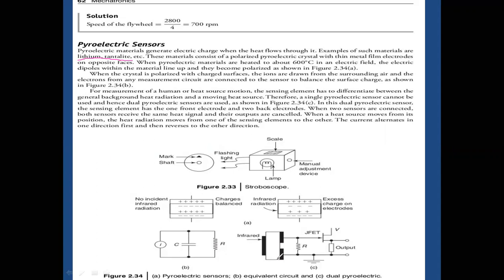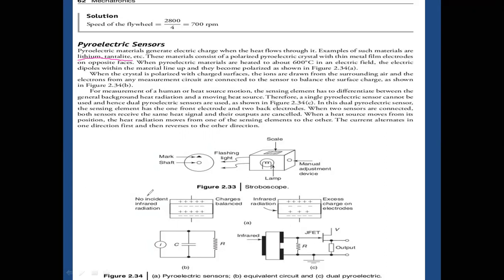That is almost above the recrystallization temperature. So in an electrical field, we allow the entire material to heat up to 600 degrees centigrade. The electrical dipoles within the material line up, and they become polarized, as shown in the figure. So in the figure, point A,